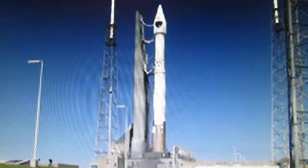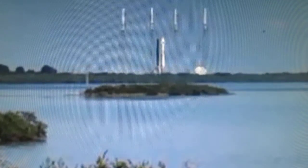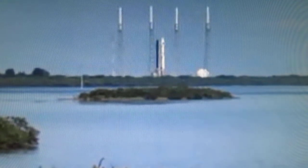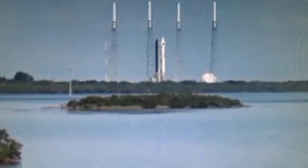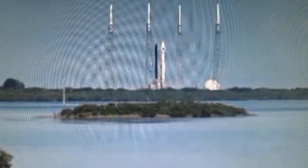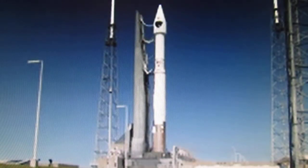Status check. Go Atlas. Go Centaur. Go GPS. 20. 15. This is Atlas Mission Control at T-minus 10, 9, 8, 7, 6, 5, 4, 3. We have ignition,